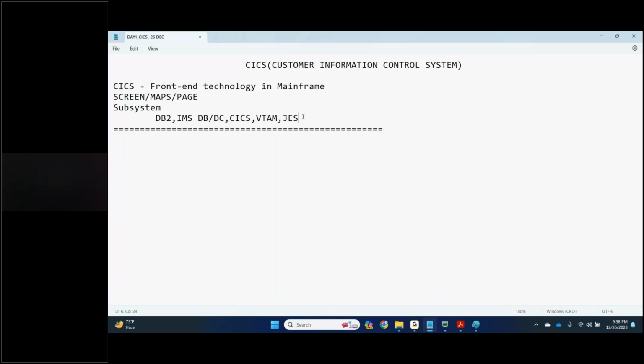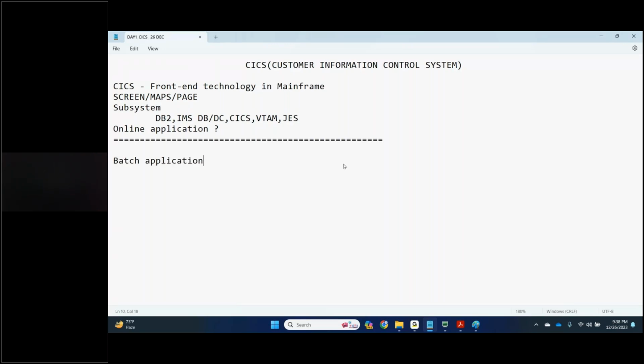Sometimes the interviewer might ask you, do you have online application experience? As of now, you should say no, because in order to say yes for online application experience, you should know CICS. Most of them work on bank applications.